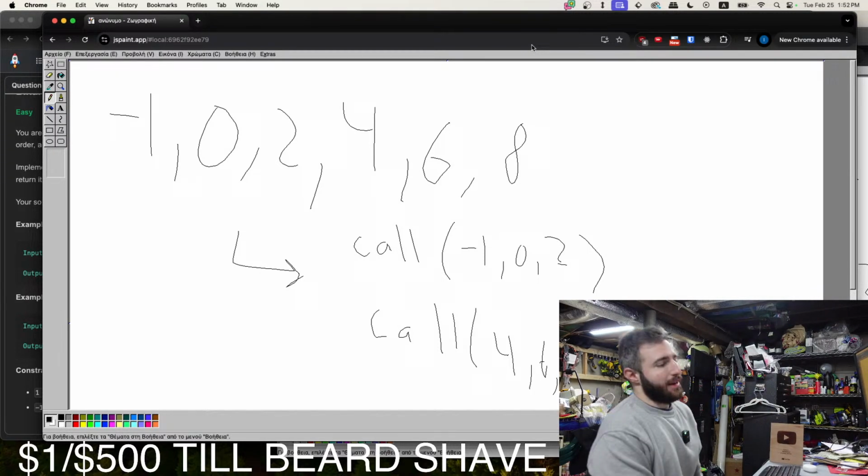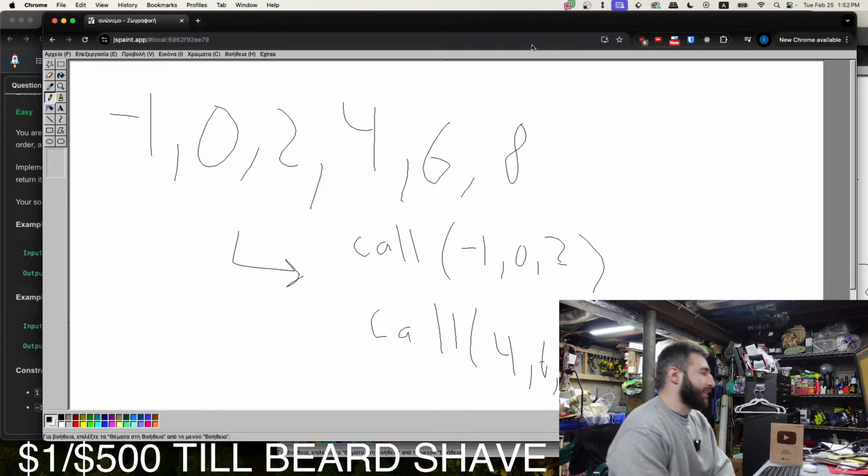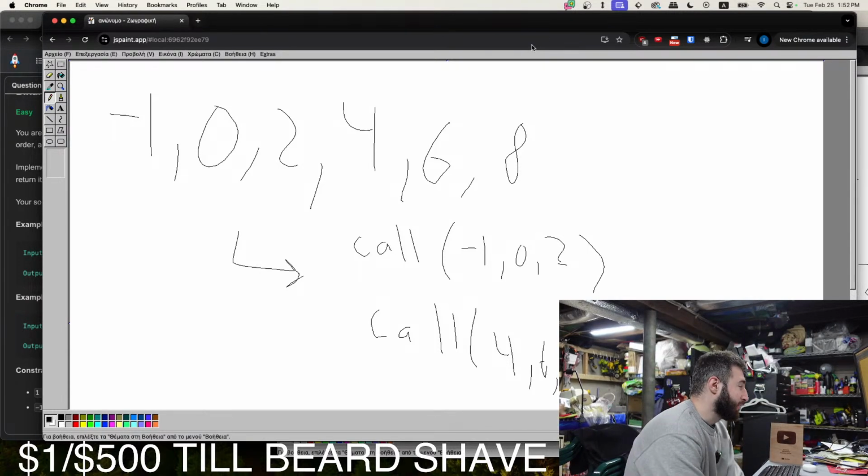Yeah, this is why I'm practicing these Leetcode problems, because I'd be cooked if I was just taking the assessment and they came up with this question, even though it's easy.